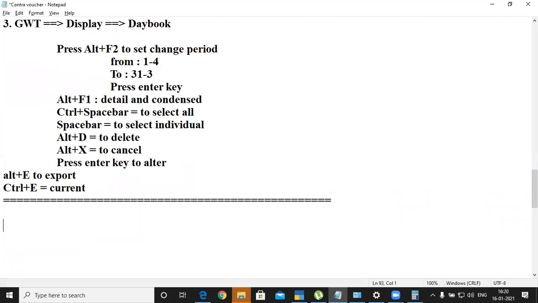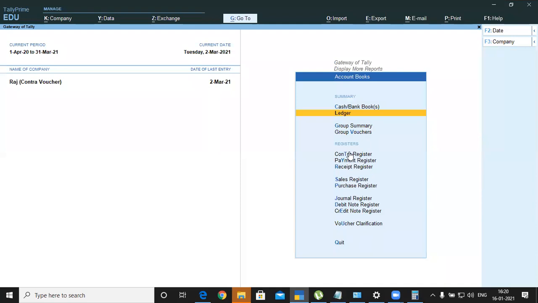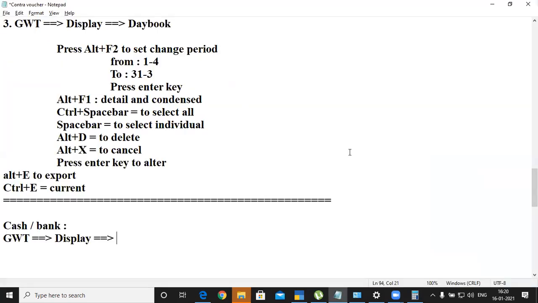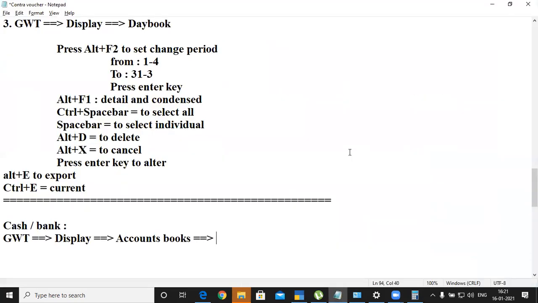And then how to check cash and bank balance. So what you do, gateway of Tally, display, then see this account books. Okay, account books, then press enter key, cash and bank.